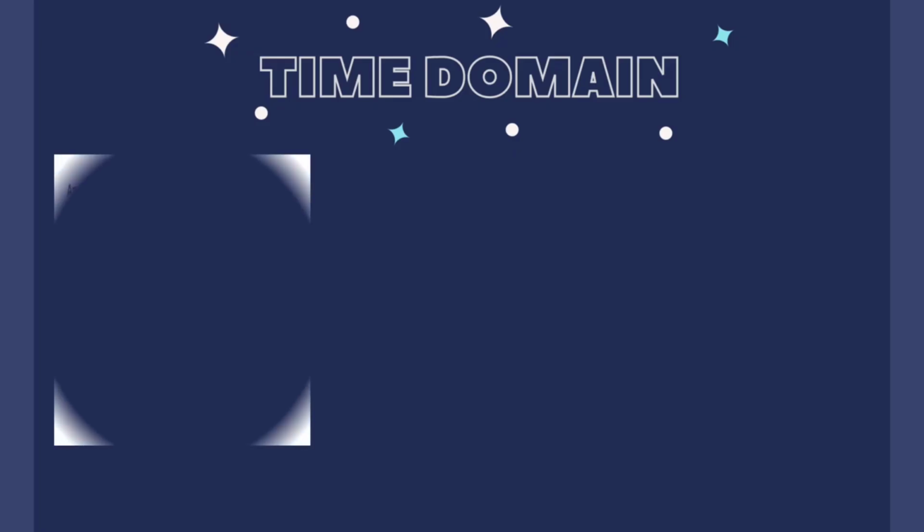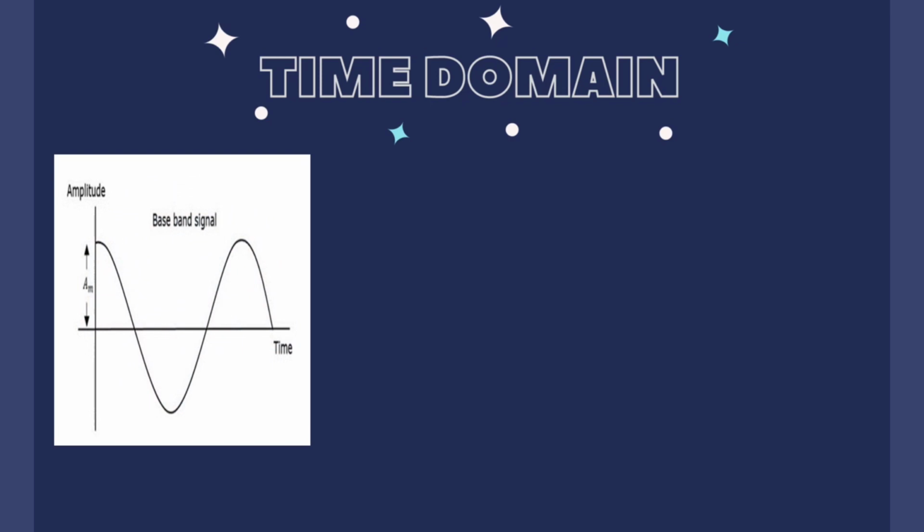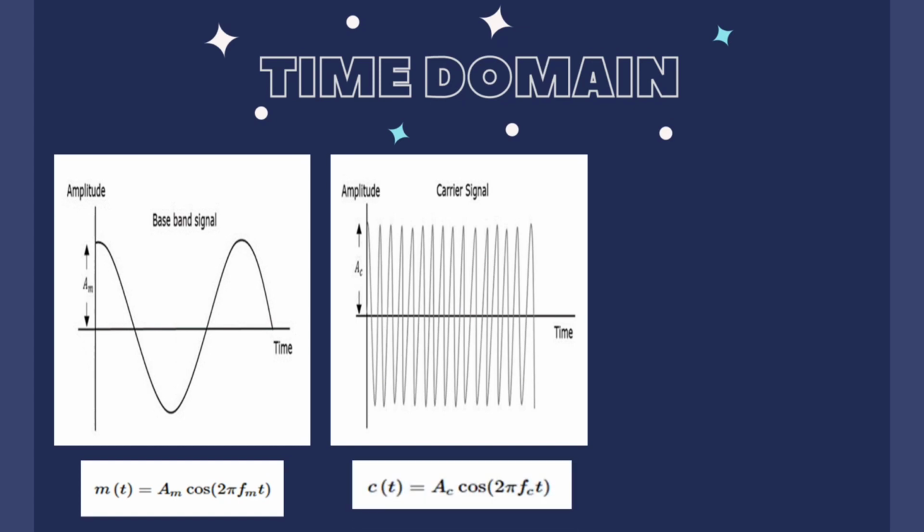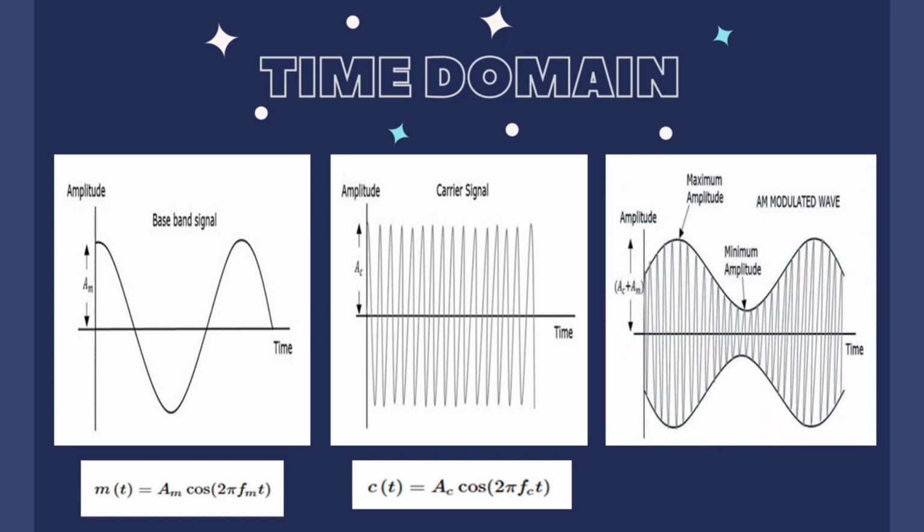In the time domain, this figure shows the modulating wave, which is the message signal, and this is the mathematical expression for the modulating signal. Next one is the carrier wave, which is a high frequency signal and contains no information. And this is the wave equation for the carrier signal. While the last one is the resultant modulated wave. Then the equation of the amplitude modulated wave will be: